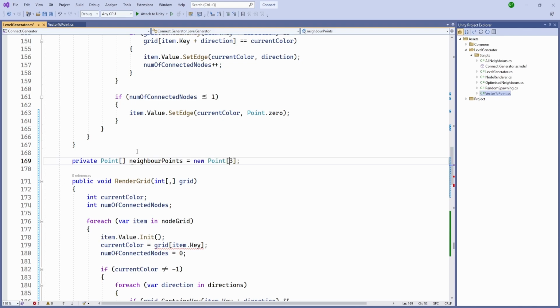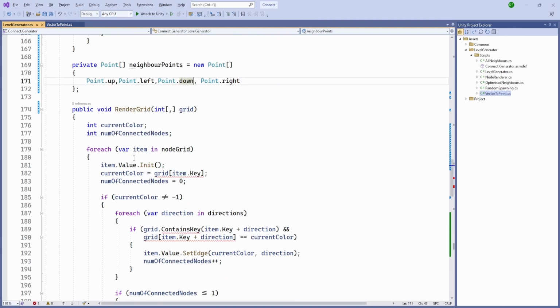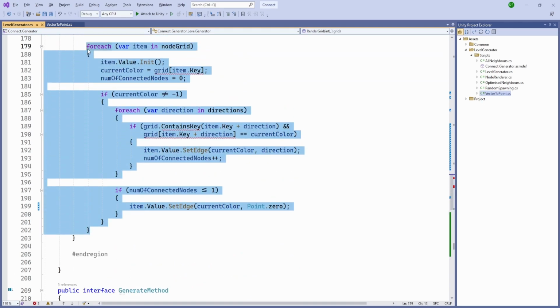and it is going to be new point, and we'll pass our up, down, left, and right. So these are going to be our points, and let's rearrange them. So up, left, down, and then right. And how we are going to render it is instead of using a for each loop,